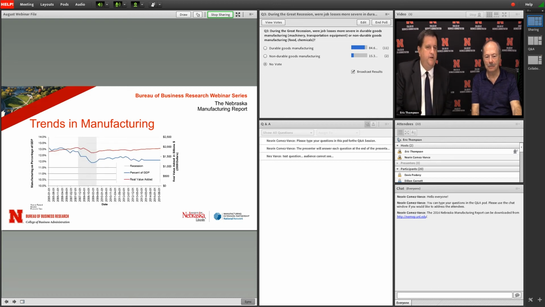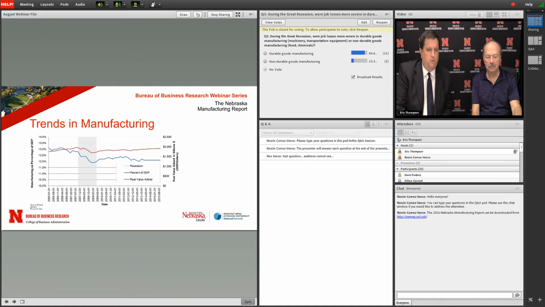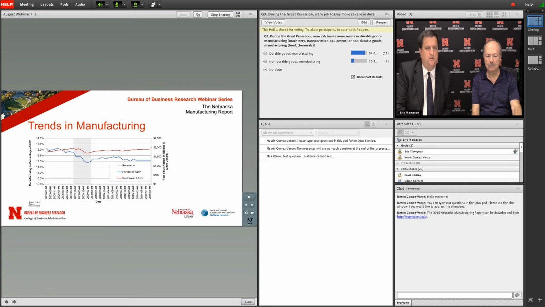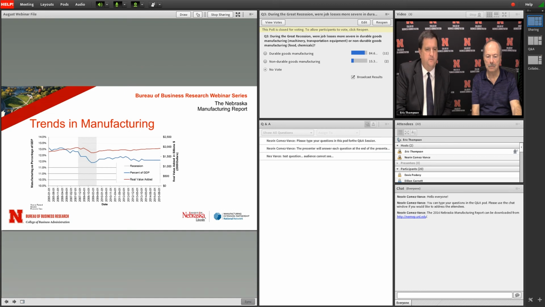About 5 out of 6 people had said durable goods manufacturing. I did talk about value added earlier, and this gives you a little bit more detail on that. Focusing on the numbers on the scale on the right side of the graph, there was an increase in value added in manufacturing from 2005 to 2015. You can see that the total value added in manufacturing did decline during the Great Recession. That shadowy area in the middle of the graph is the recession period. There was a decline in that period, but despite that, if you look at the overall 10-year period, there was a decent increase in manufacturing value added. So the industry continued to thrive despite the Great Recession.